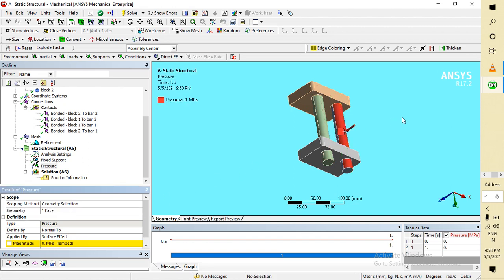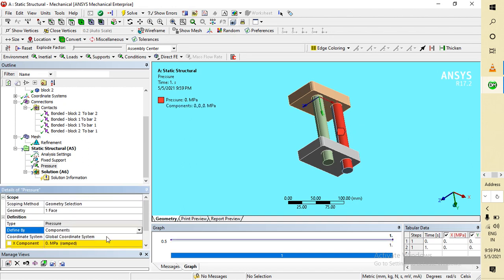Don't select both at a time, because we will apply one pressure in this direction and another pressure in this direction, so the direction will be changed. So now go here, pressure, not normal to, we will go to component, guys.